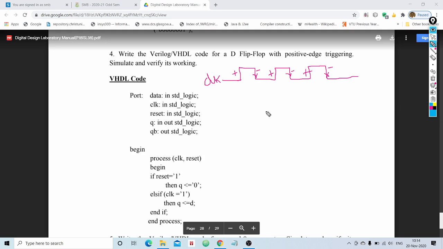And we shall assume this is our data signal. Let us assume initially the data is 1, then 0, then again it becomes 1 and 0. So this is how we are assuming we provide the input. Clear? And now we shall assume the D flip-flop